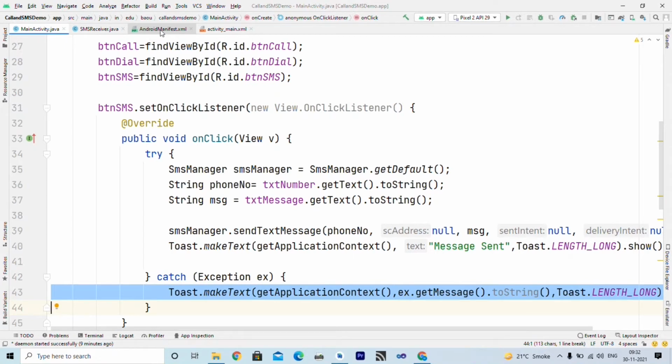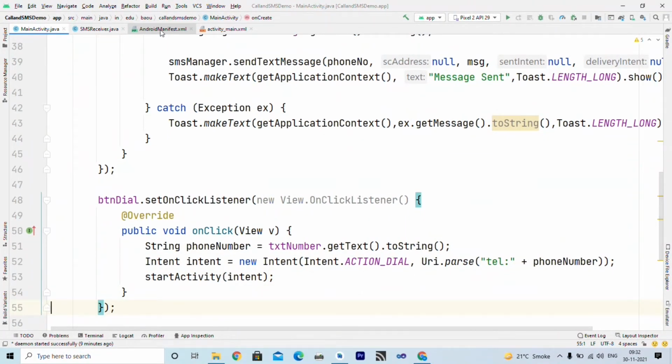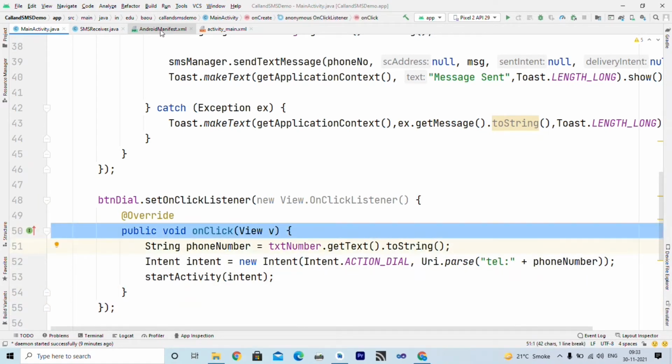So sending SMS is very easy. The two things you require are the phone number and the message, and you have to create an instance of SmsManager, and then you can use its sendTextMessage method to send a text message or SMS. The next button is btnDial, which dials a particular number. Remember, it is not actually a call, but it opens the dialer with the specified number. So inside the onClick method of the button click event,